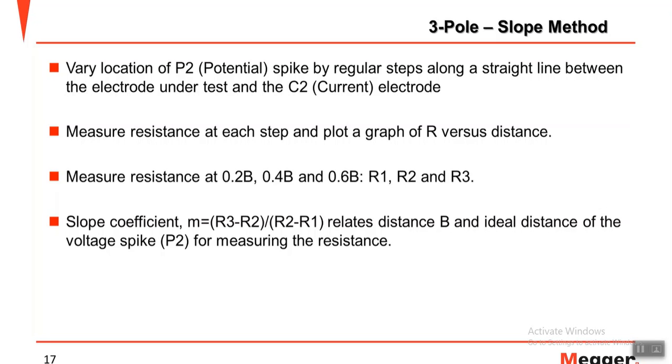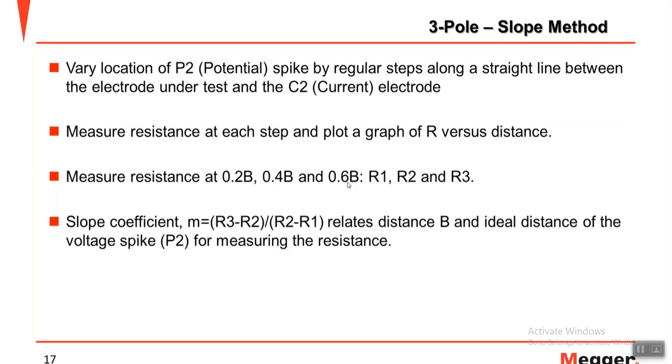Then you insert the potential probe at distances equal to 20%, 40%, and 60%. These are mandatory values for this slope method. You cannot put maybe 25, 45. No. For this method, you need to follow this procedure: 20%,